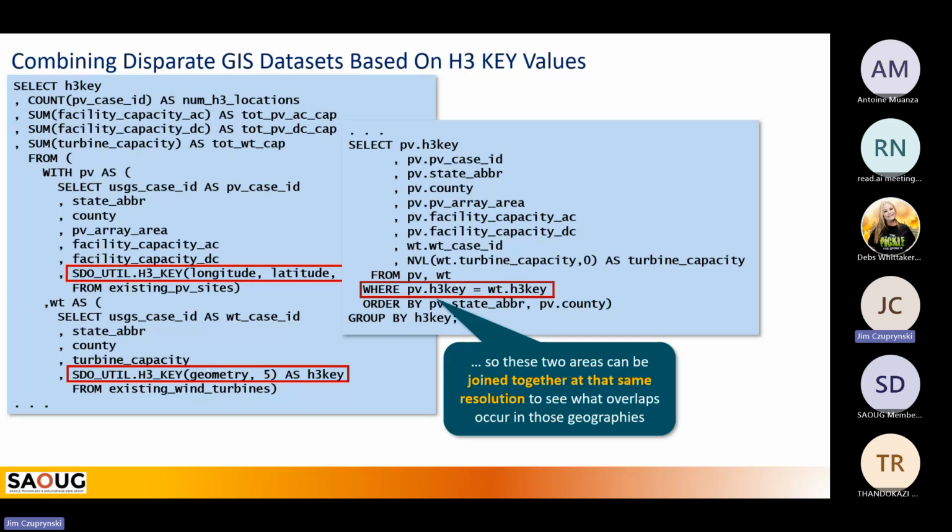And then if you look at the first part of this query, notice what I'm doing. I'm counting. I'm summing. I could even take averages, minimums, maximums. Why would I want to do that? Because again, H3 is based on or pointed at aggregation. Where are the most? Where are the fewest? That's what we're focused on.